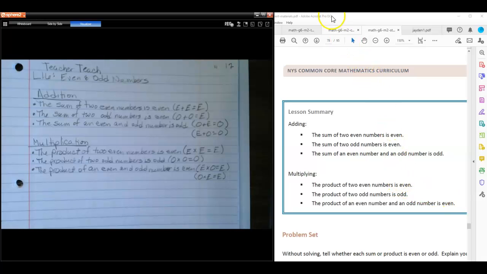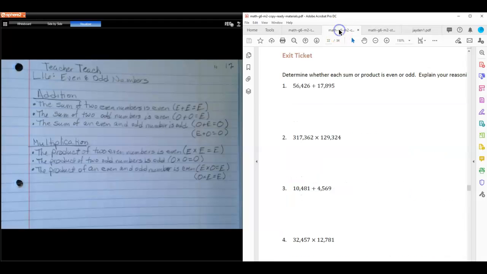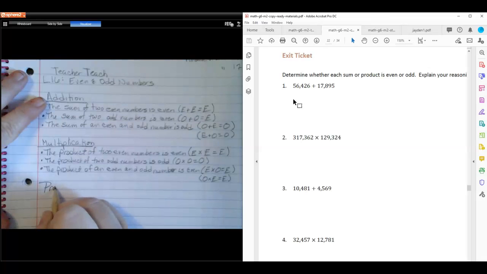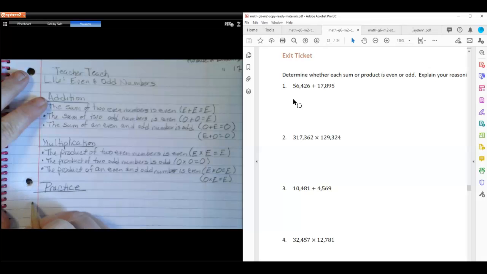So now what I'm going to do is pop over to these problems, which we don't use very often, but that's what the teacher teaches for. It says, determine whether each sum or product is even or odd. Explain your reasoning. So in other words, don't solve it. Just tell me. So we're going to put practice here, because that's what this part is. And number 1 says